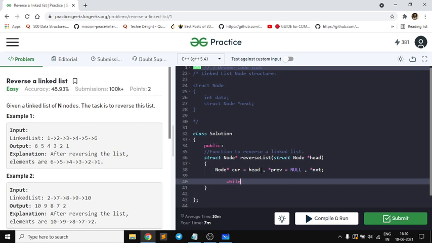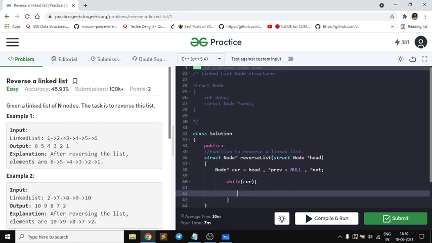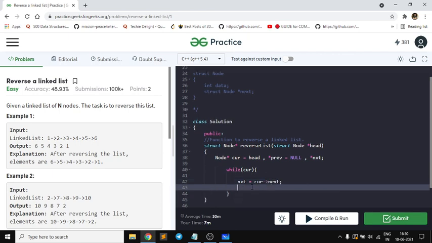Now I will iterate my nodes while current is not equal to null, right? So this statement denotes that while I have a current, that means the value of current is a right value, that means it is not null, right? While current is not null. So the first step was updating our next, right? Because I want to iterate further, right? So the idea is now clear to you, I hope.